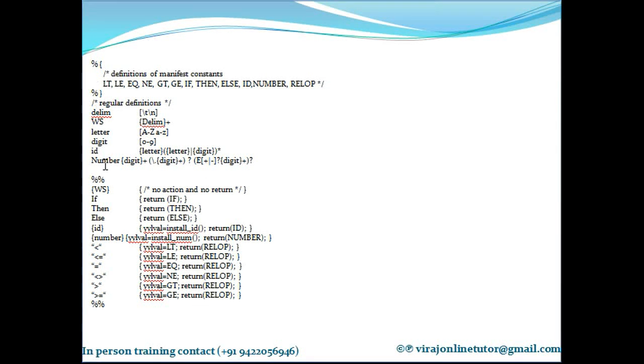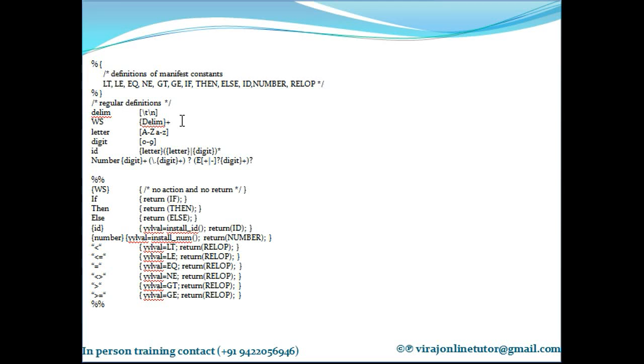Then I have regular definitions, which we already know what it is, right? So I'll explain each of the regular definitions. One is delimiter. If I encounter a tab or a \n, then I consider it as a delimiter. \n is a new line character, \t is the tab. So if I get a tab or a new line character, I'll consider it as a delimiter. What is a white space? White space is delimiter plus.